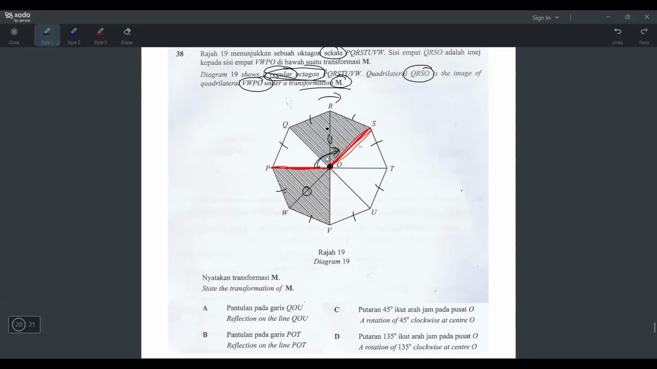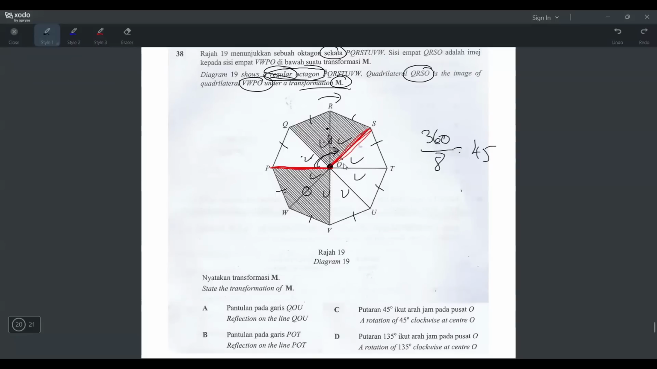But how to find this angle? Okay, this is a regular octagon, and they cut it like this, right? So one circle, how many degree? 360, right? And if you count here, got how many equal section? 1, 2, 3, 4, 5, 6, 7, 8. So got 8 section here. So what you can do is take 360 divide 8 to get one section punya size. So 360 divide 8 is 45,